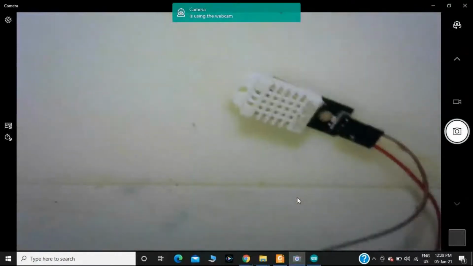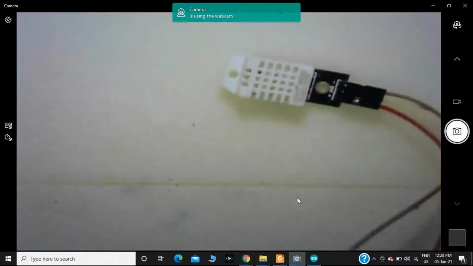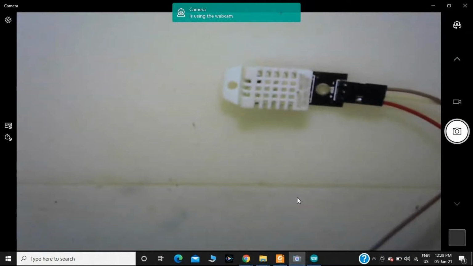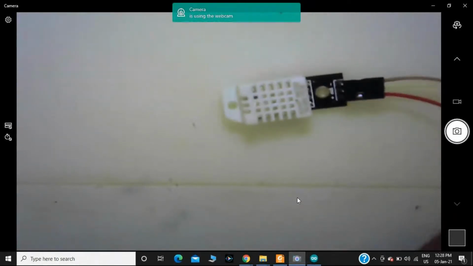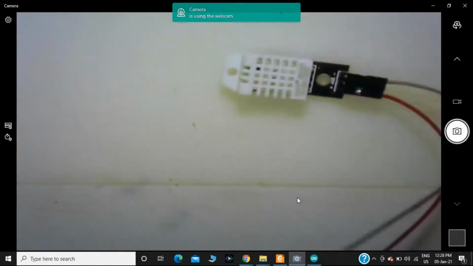Then afterwards, I should connect the VCC pin of the DHT sensor to the 3.3 volt pin of the NodeMCU. Then I should connect the data pin of the DHT sensor to